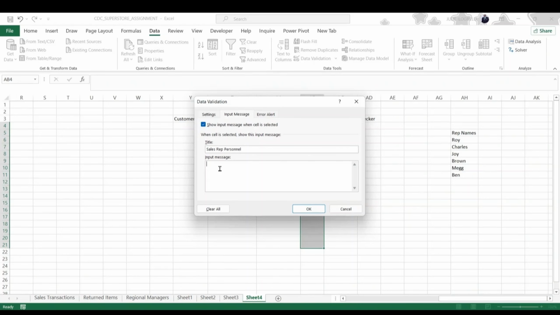You can call it salesperson, any name that you wish to call him, and you can now go to the error alert in case somebody puts in something that is outside of what you want. You have different styles: it can be stop, it can be warning, it can be information. So if it is, for instance, stop, it is telling you to stop,